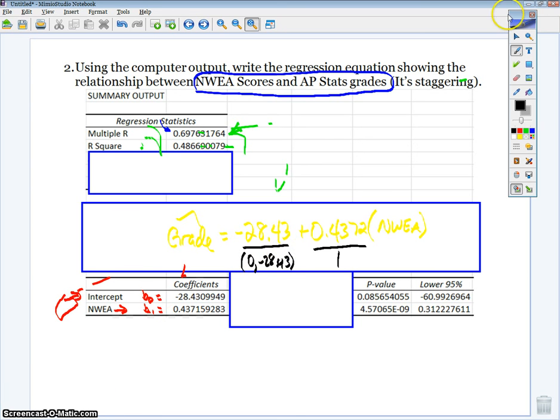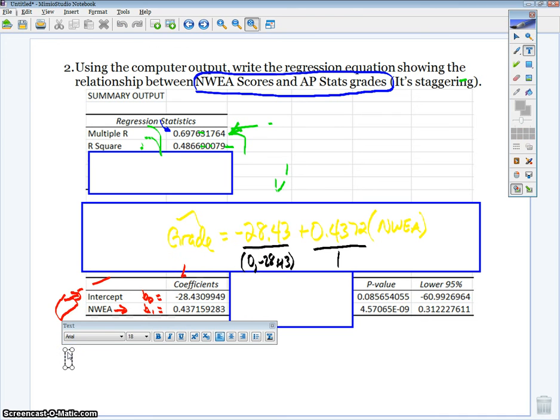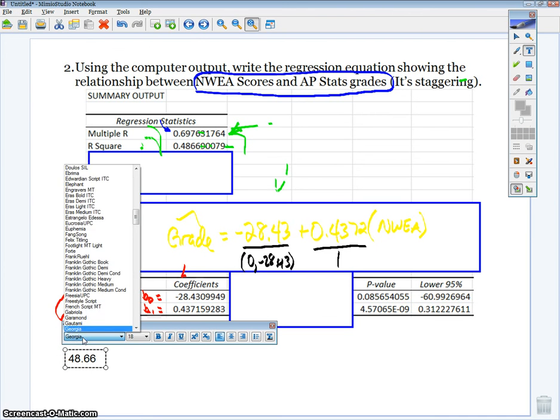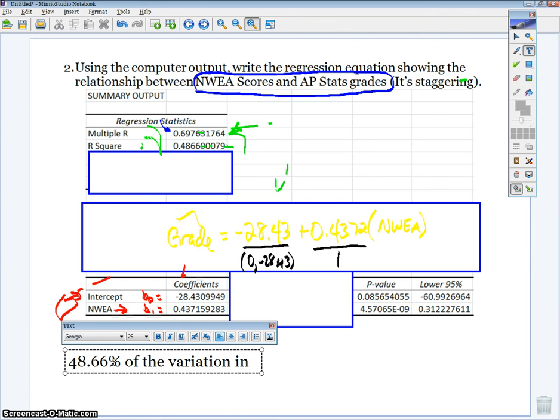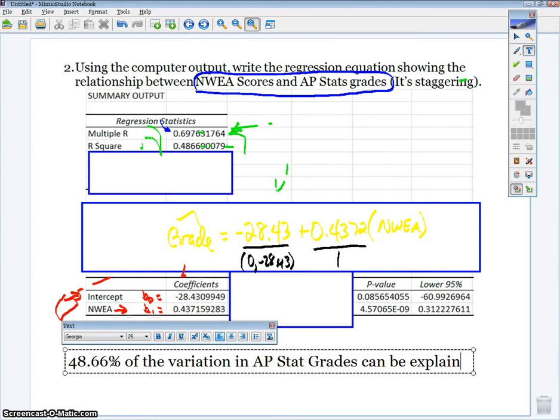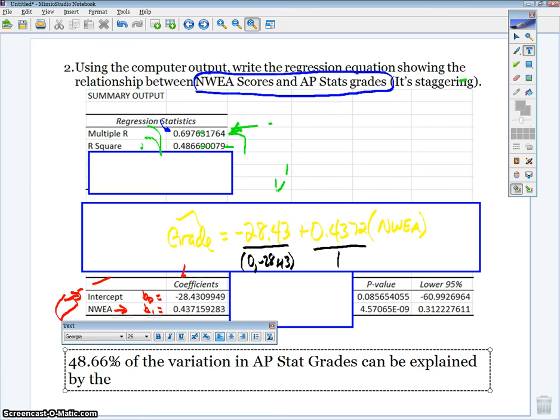Now let's interpret the r-squared value in context. So the r-squared is 0.4866, so 48.66% of the variation in the y, AP stat grades, can be explained by the variation in